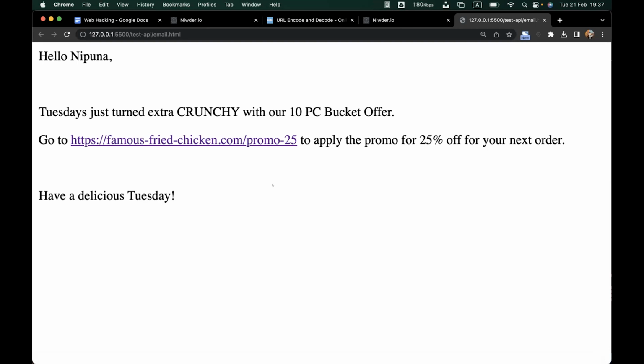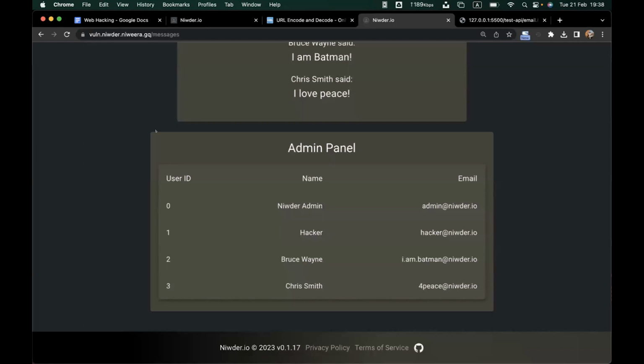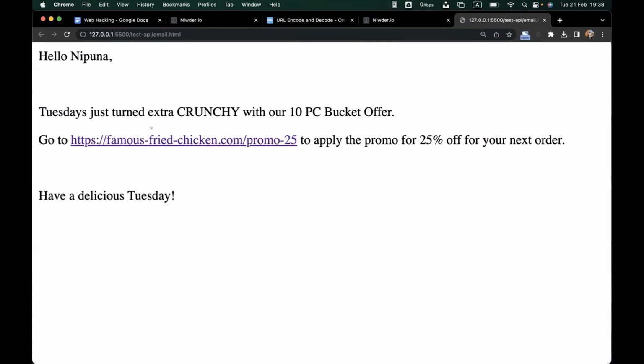Another thing that I usually say to everyone when discussing finding and exploiting vulnerabilities: be very vigilant and mindful about the things that you post on social media. How this hacker gained access to the admin is that he knows that the admin loves to visit this fried chicken menu.